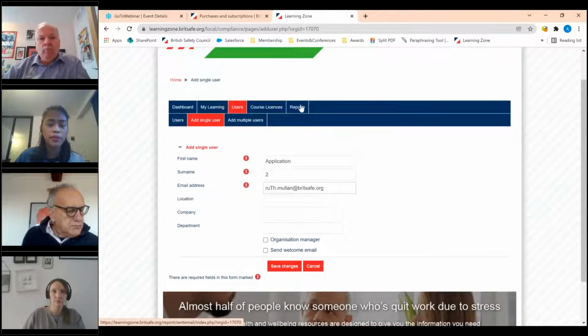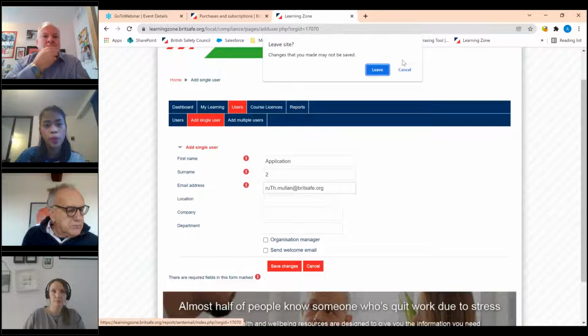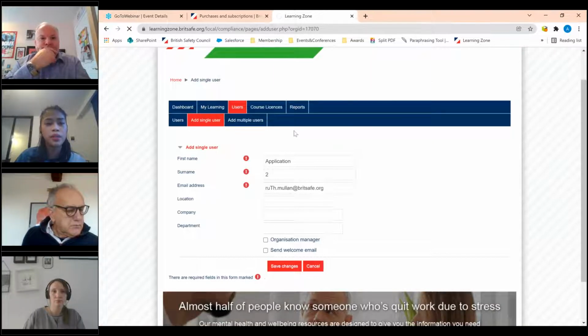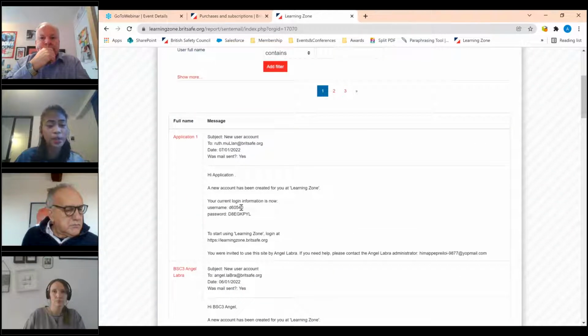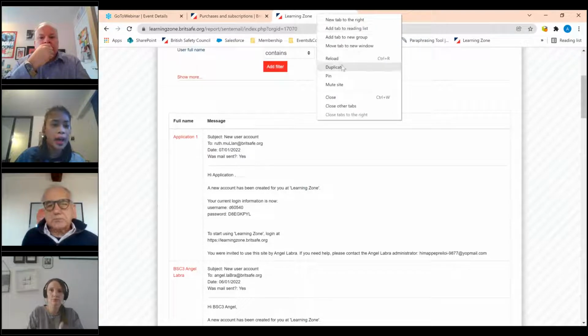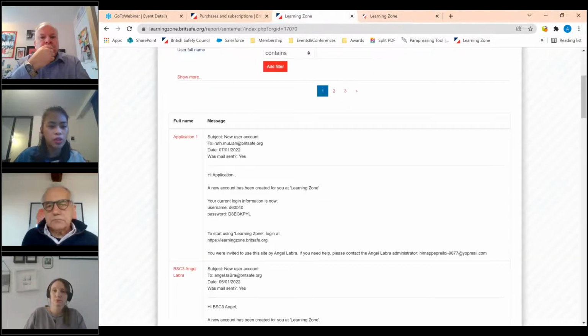And we also have a button here that says reports, where you can see all the login details that have been sent to the user or for the application. So for example, in here, this is the one that we created just now. So if you need to complete that application, you just need to log in